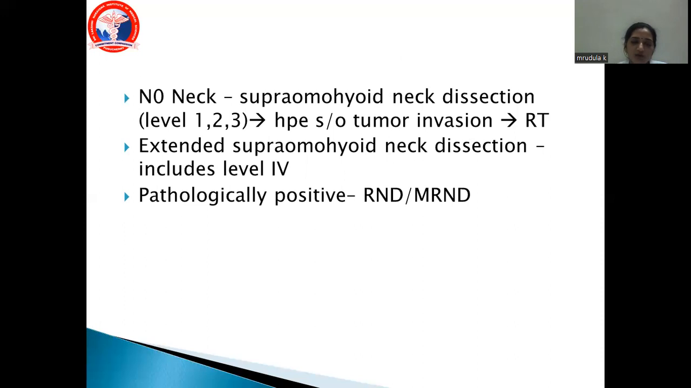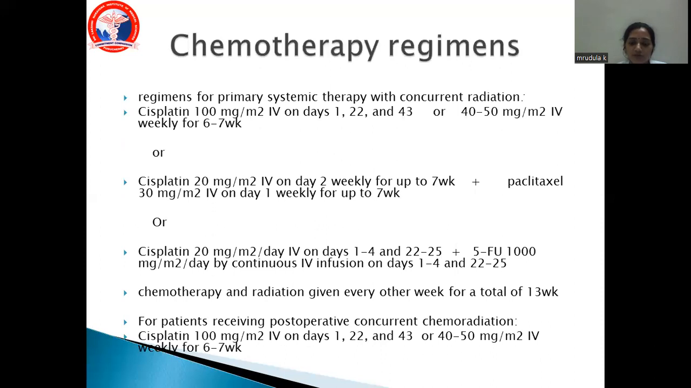If the nodes have any tumor invasion, you can go for radiotherapy. Extended supraomohyoid dissection includes level 4. For pathologically positive nodes, you can go for a radical or modified radical neck dissection. So these are the chemotherapy regimens, which include cisplatin for 6 to 7 weeks, or cisplatin added with paclitaxel, cisplatin added with 5-FU, and given for 4 weeks, and cisplatin alone